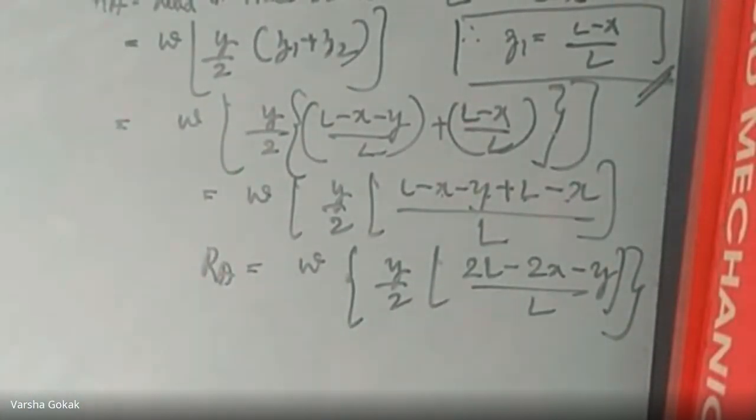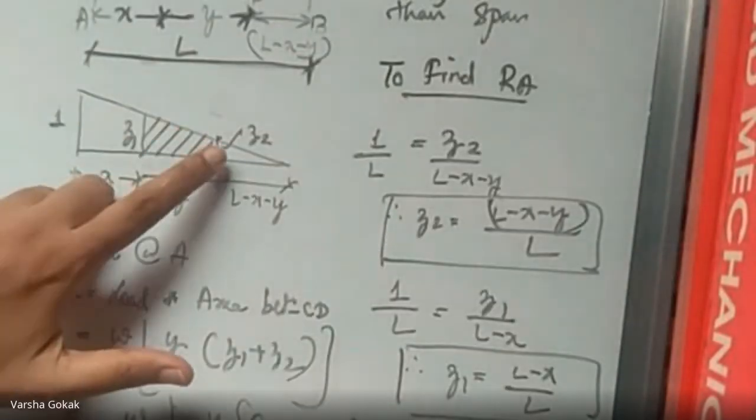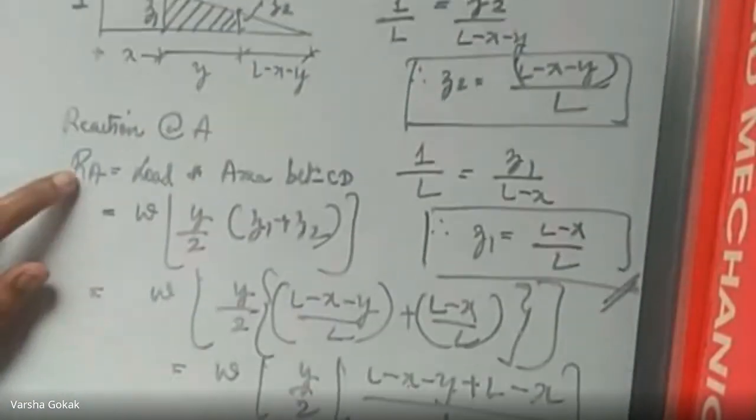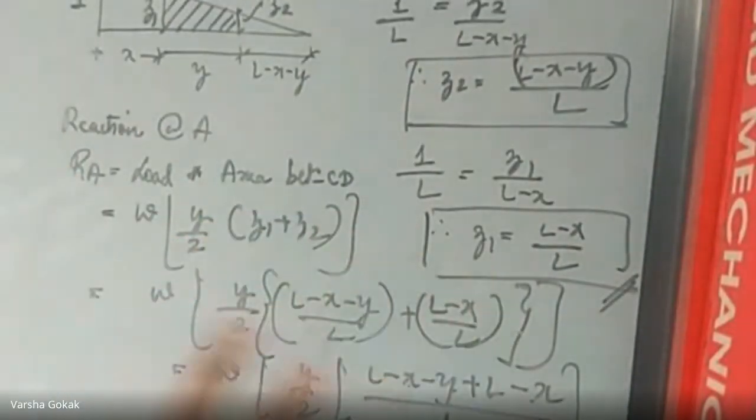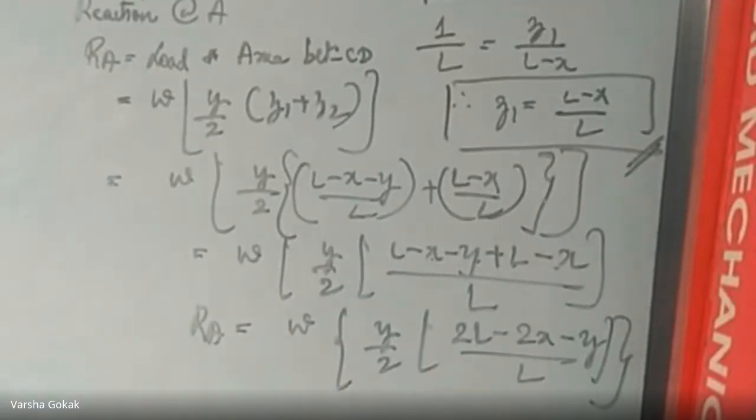Same procedure we have followed when we were doing the numericals. If I tell you this first and then do the numericals, it will not be that convincing. But now, because you have done numericals, 2, 3 of them, doing this will be much easier, is what I feel. So same procedure: draw, first find Z1 and Z2, use the formula. RA is load into the area between that. You know the area formula, simply substitute that Z1 and Z2 and get the value of RA.